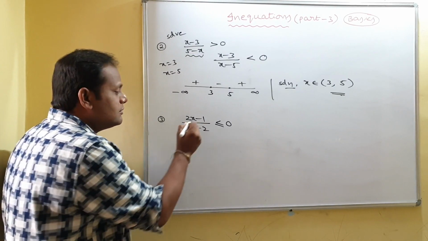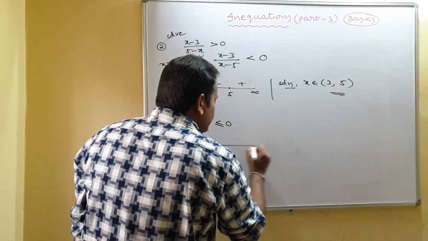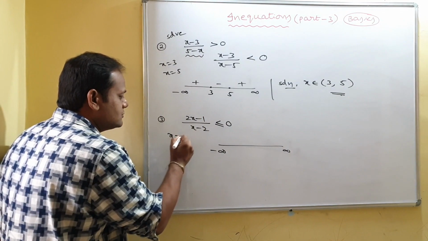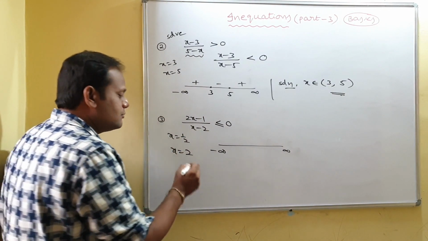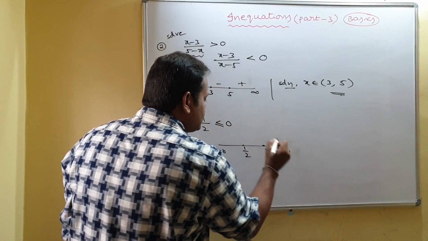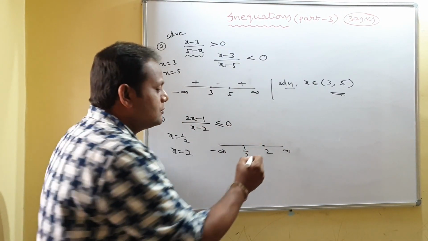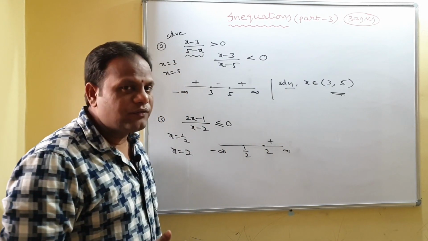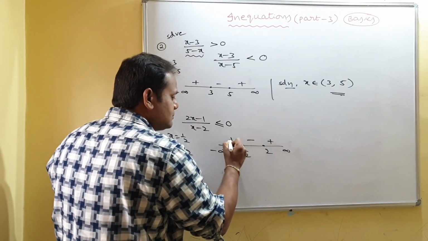Here you see that x coefficient positive. x coefficient positive. Okay. We apply our method. That is real line minus infinity to infinity. What about x values? 1 by 2. What about here x value 2? Is it? Right. Mark the points on real line. Suppose I am taking this is 1 by 2 and here it is 2. Okay. What we do now? In rightmost interval, you take plus. Blindly you can take. Or otherwise you can go for verification. Same you can get. So alternatively change the signs, minus plus.